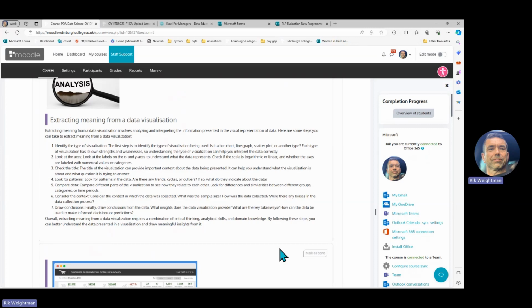And then when we're comparing multiple categories together, we start moving on to bar and column charts. If you're looking at data over time, things like a line chart would be more appropriate. So identify, look at the axis, check the title. I'll cover a little bit more about the titles in a wee minute, and draw conclusions,